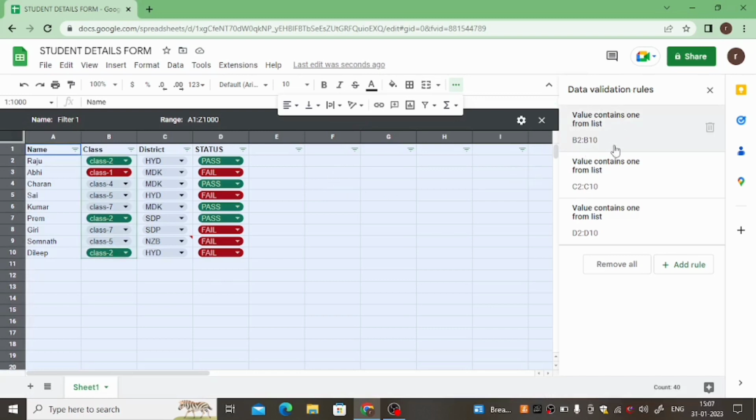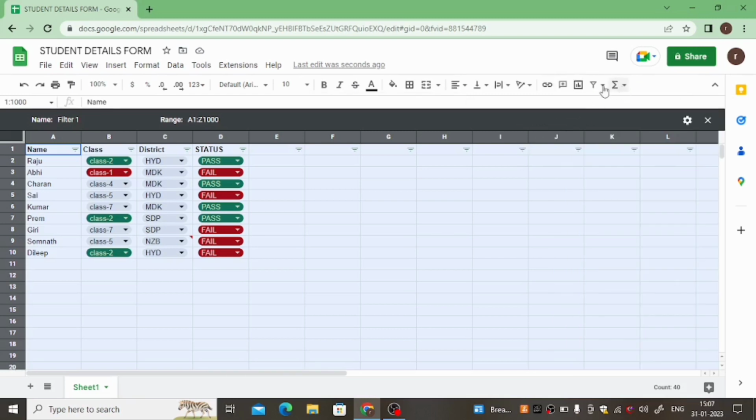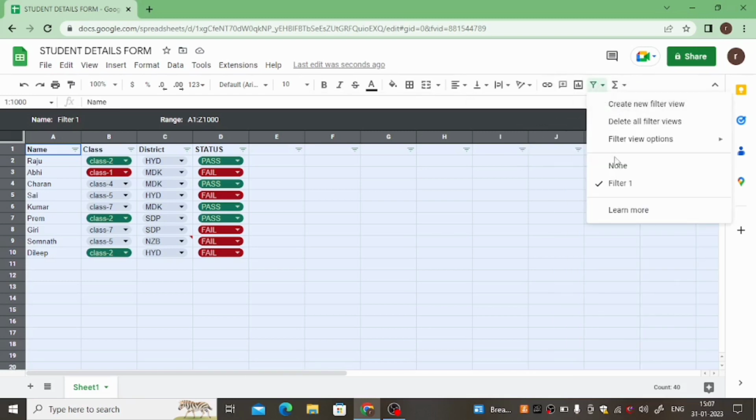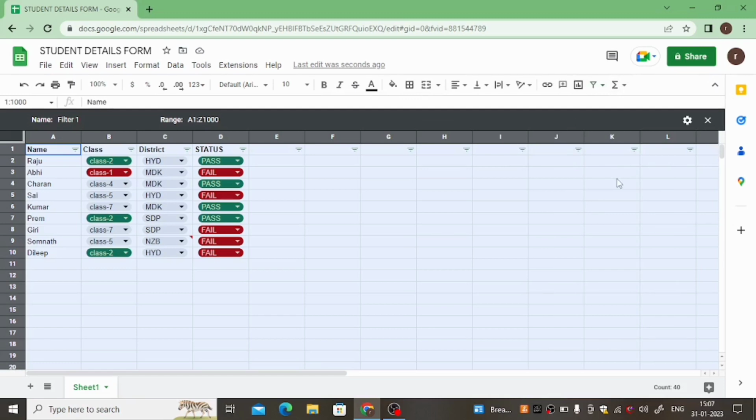So here B2 to B10, C2 to C10, D2 to D10. These are the already created drop downs. Yes or no? Yes. So it is displaying these data validation rules. So just click on this one, filter one. If you click on the filter one, then